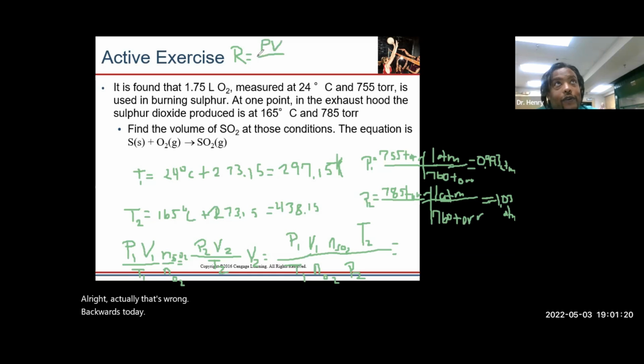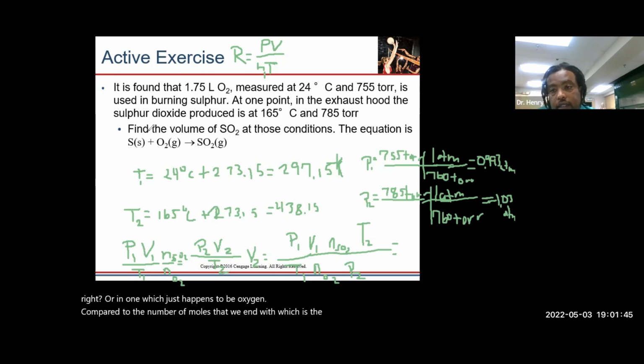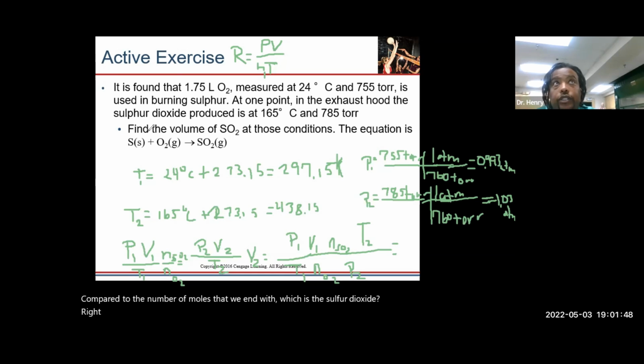PV over NT. There you go. Okay. So, because we know that PV equals nRT, and R is a constant, if we set these equal to each other, this here represents the number of moles that we're starting out with, our N1, which just happens to be oxygen, compared to the number of moles that we end with, which is the sulfur dioxide, which is going to be our N2. So if we set these equal to each other,